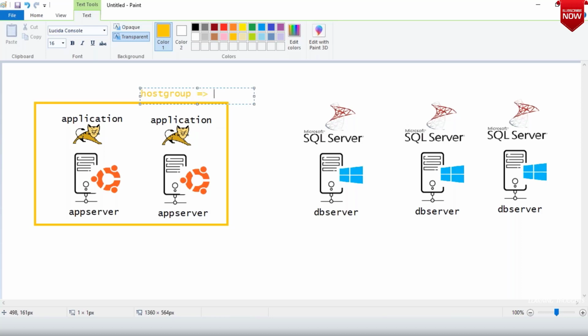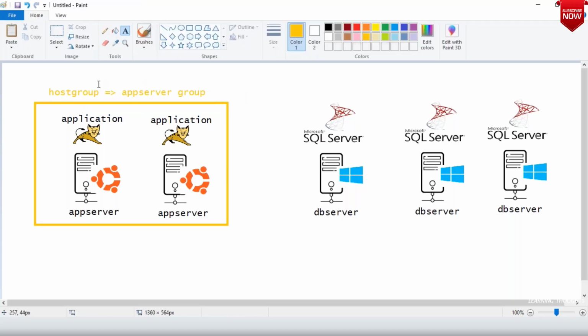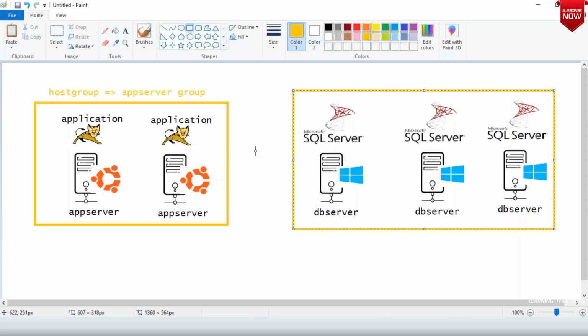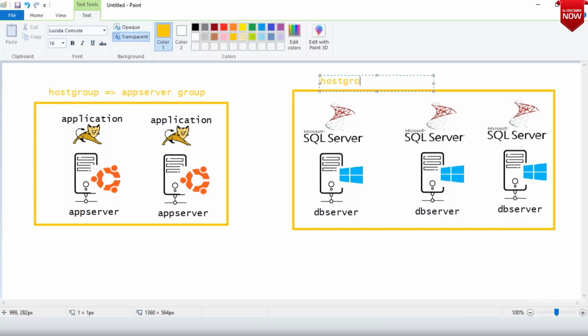The name of that host group would be app server group, because these servers will have similar checks to be performed, and in the same way you might group them by giving a different name to this host group. Call it DB server group.